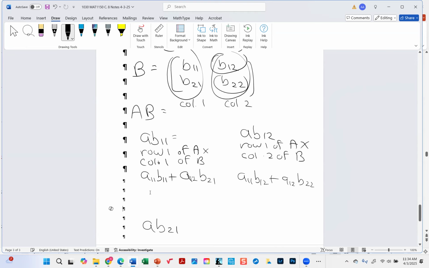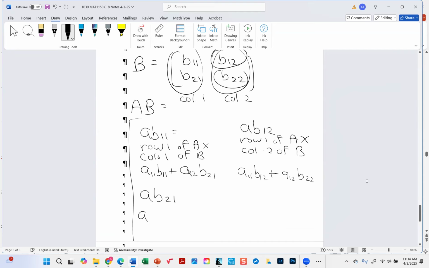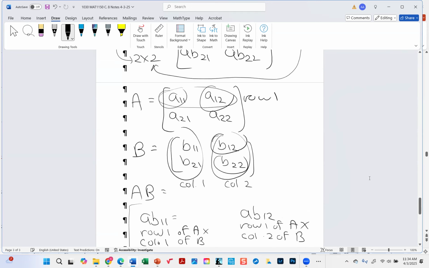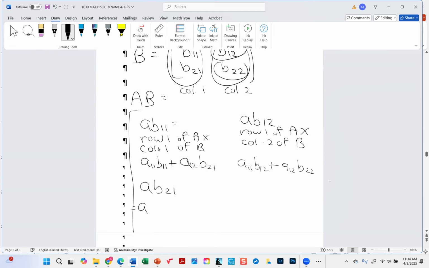I think we can just about fit it in there now. This one is going to be A, the first row again. No, sorry. Now it's the second row of A times the first row of B. So it's A21 times B11 plus,